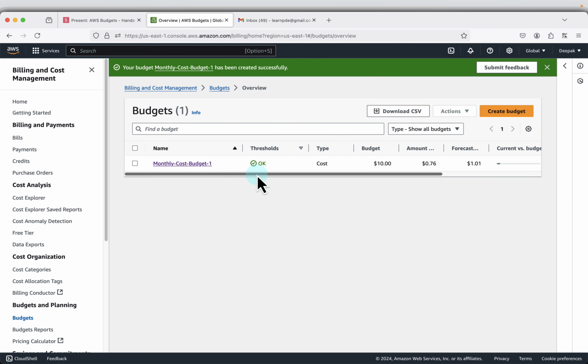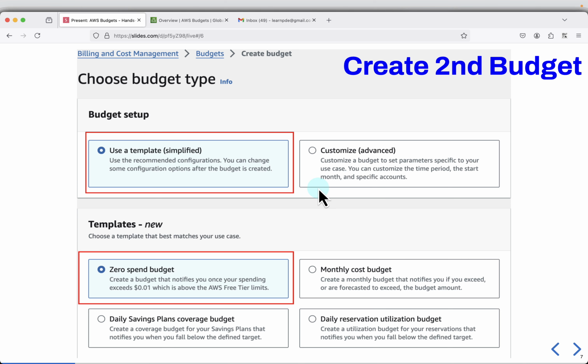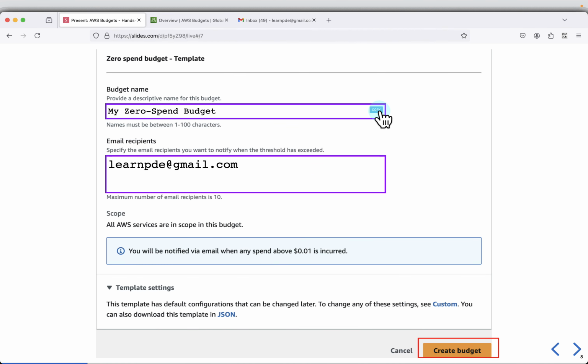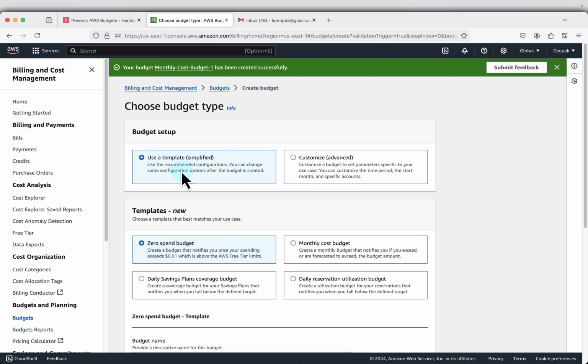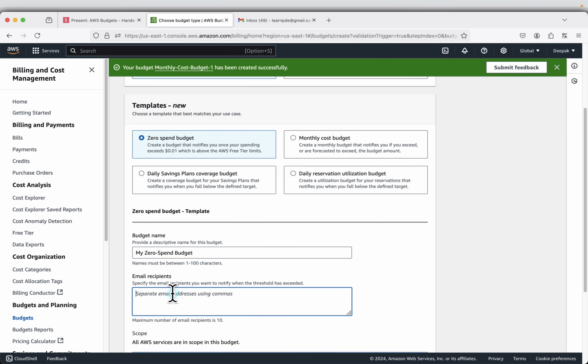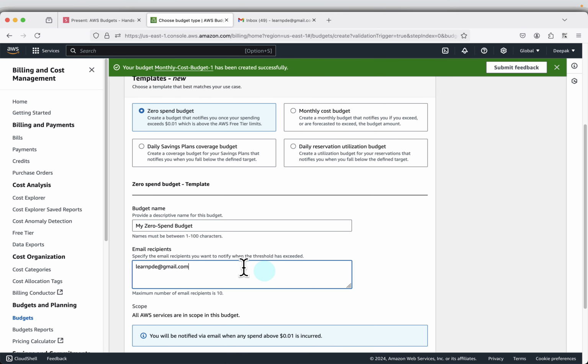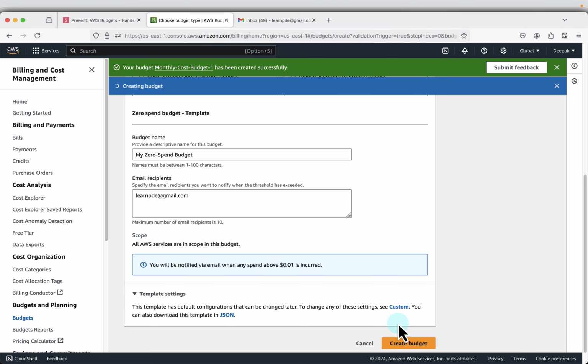So this is my first budget. Next, I will create a second budget, and this will be a zero spend budget. So I'll copy the name. The name will be the same. I'll just copy the email ID. So create budget and template zero spend budget. You can give whatever name you want to, and specify the recipients. This will only send one notification when you spend more than 1 cent,